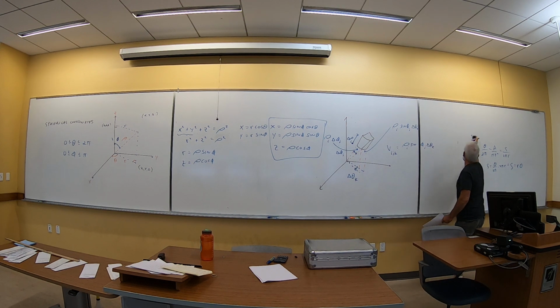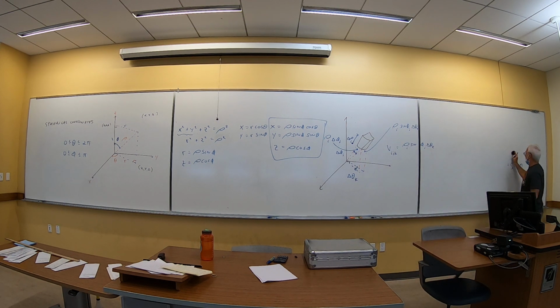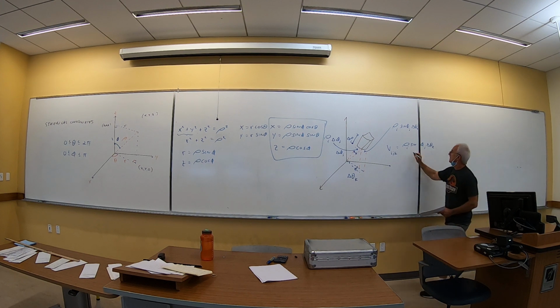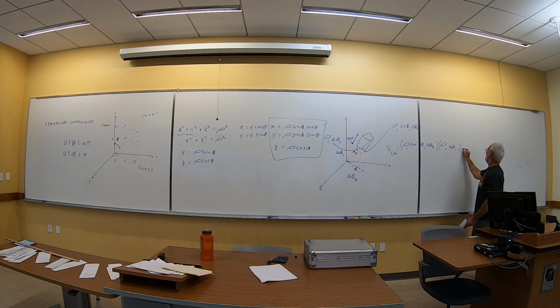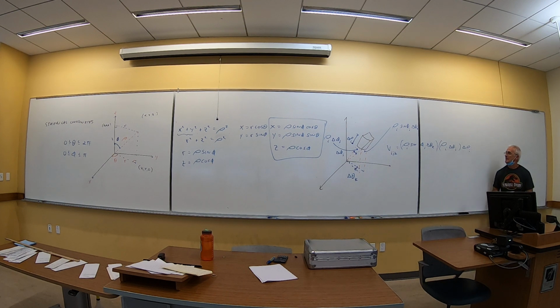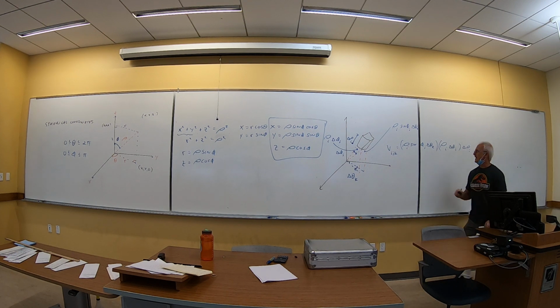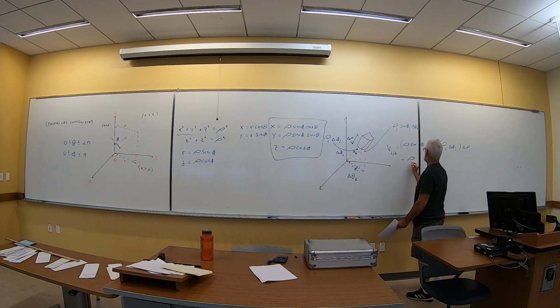Again, I'm showing you where it came from. I don't need you to ever reproduce this. Times, let's take that one, rho i delta phi j, and then finally times delta rho i. Big yikes. But if I multiply that out, what I get is